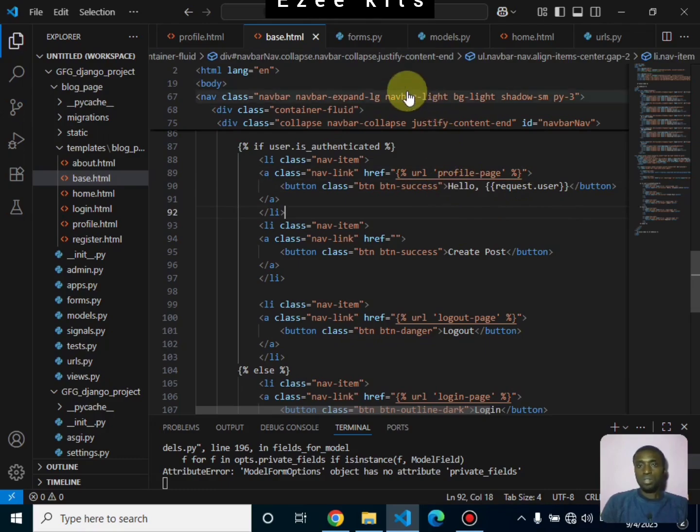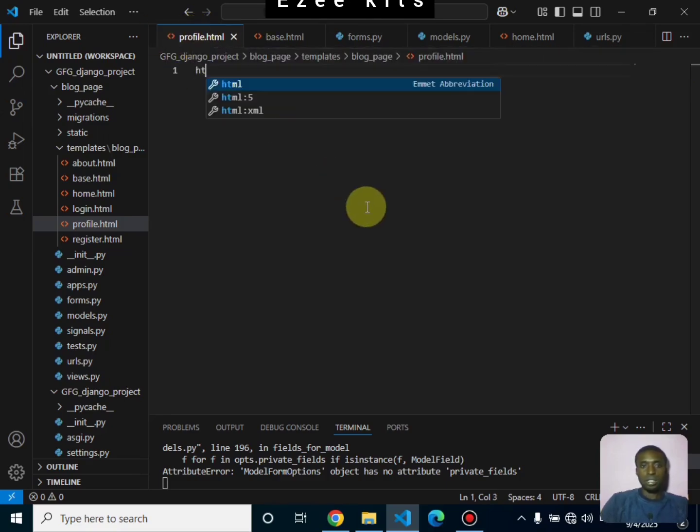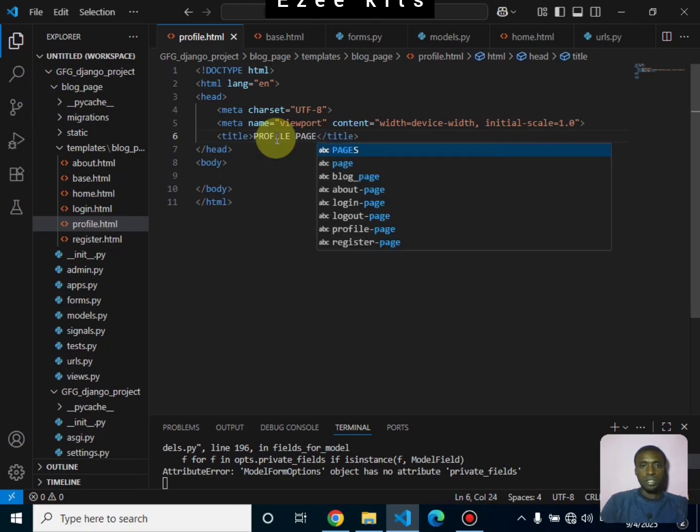So that settles it. Remember that I've created a template, so an HTML file. Let's make it an HTML file. Everything got completed for us. So we can give that title to be profile page, simple as that. So the next thing we want to actually do is inherit from that of the